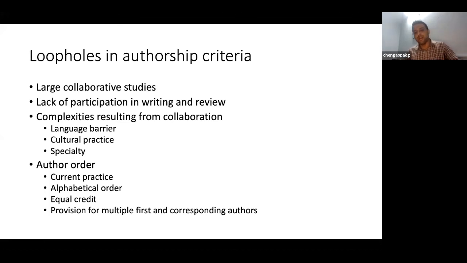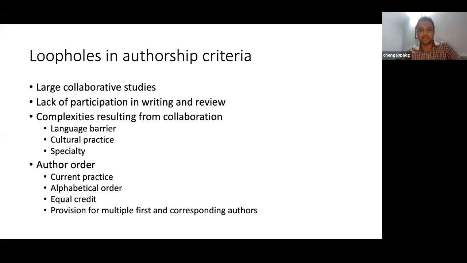So currently the authorship order is commonly given as the person who has done the maximum work, or the main investigator, maybe the junior most. Suppose somebody is doing a PhD, or somebody's MD or DM thesis, he becomes the first author, followed by him will be the second most person who has helped, and finally the last person will be the senior most investigator in the lab or the clinic.